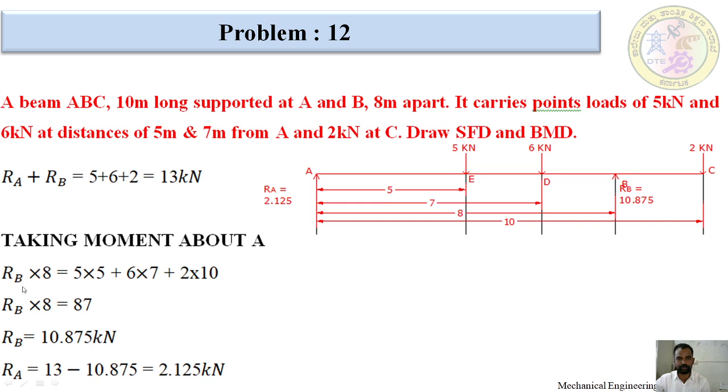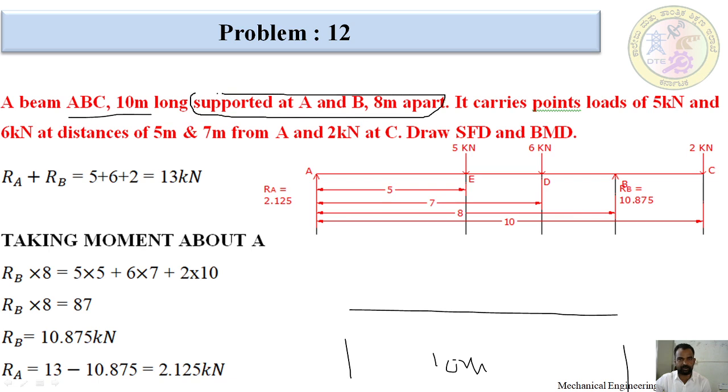Okay, I'm going to give a summary about this problem with the help of pen. The total beam they have given is 10 meter. From here to here, they have given 10 meter. After that, the supports A and B are 8 meter apart only. Not total 10, 8 meter only. We are having a support here, and at a distance of 8 meter another support we are having here. This beam we call an overhanging beam because it just crosses the support. For that reason, this type of beam is called an overhanging beam.